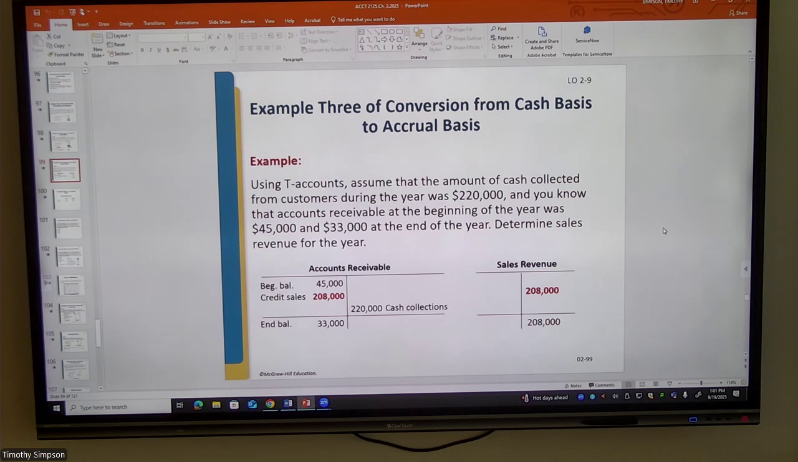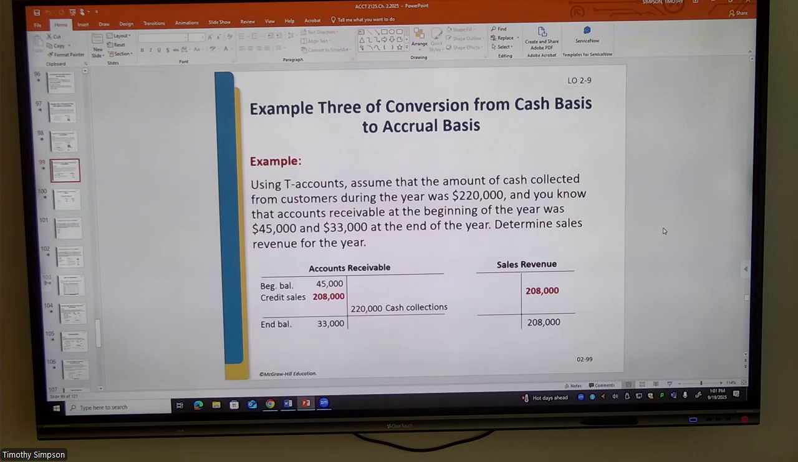And you know the accounts receivable at the beginning of the year is 45,000 and 33,000 at the end of the year. All right, so we're not interested in the 45,000 here, simply because, if we're going to an accrual basis, that was earned in the prior period. We're going to collect it, but this is not a cash basis system. We're only interested in what was earned during the year, and the money is secondary really to the recognition of revenue,